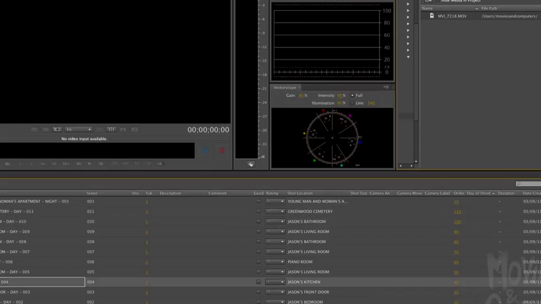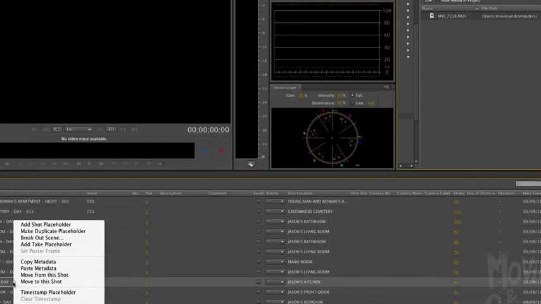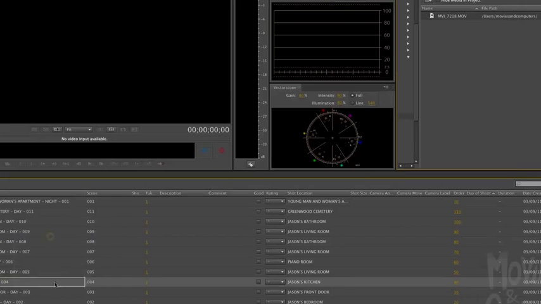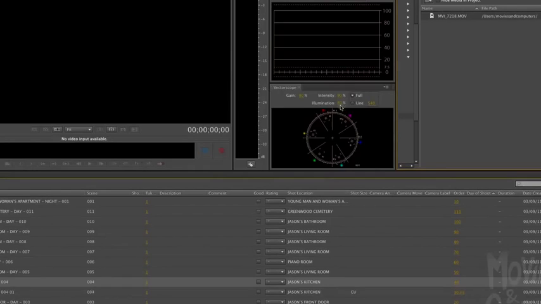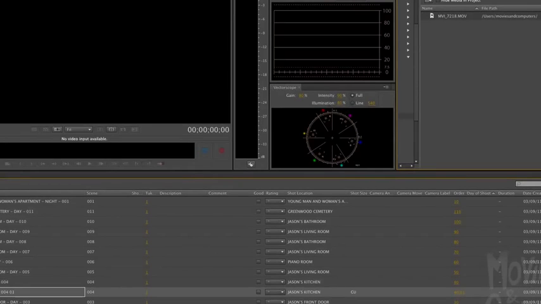So I'm going to go over here to Jason's Kitchen 04. Now this is not one shot. This is going to be a scene full of multiple shots. So what I need to do is right-click on it and choose Breakout Scene. Then I could choose how many of each type of shot I'm going to use. Now I actually used several more than this in the real movie, but for right now I'll just say I had one close-up in this scene. So I'm going to go ahead and click OK. And there is my breakout shot here,